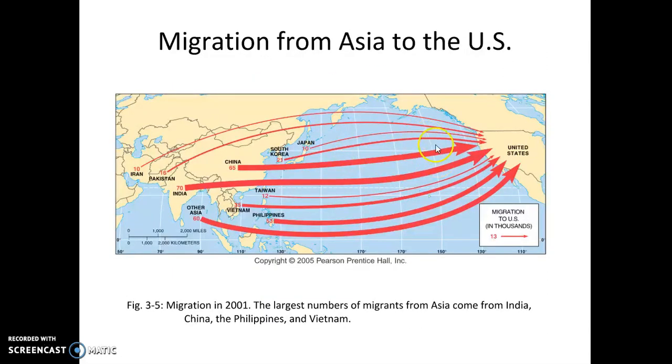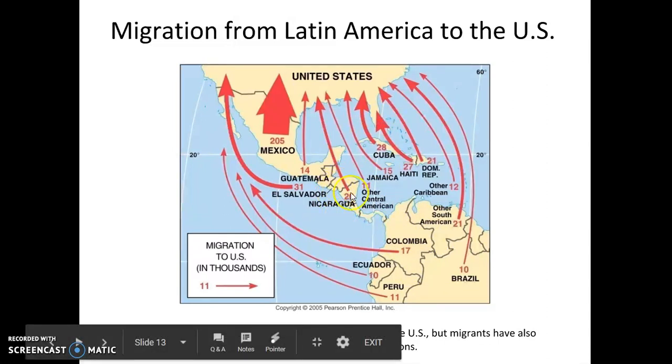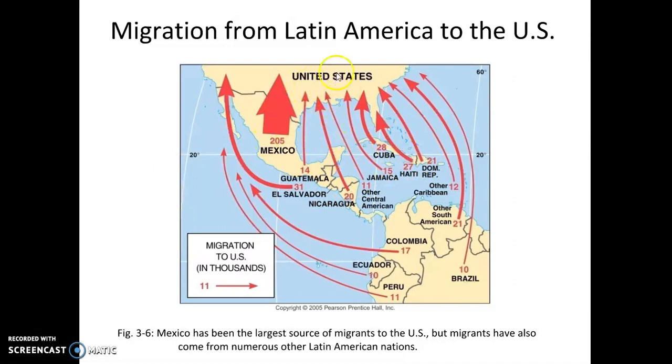This is chain migration as well. This would be distance decay, because you see that people are willing to travel shorter distances to get to a greater economic opportunity. So people from South America, Central America, the Caribbean, Mexico, all trying to travel to the United States